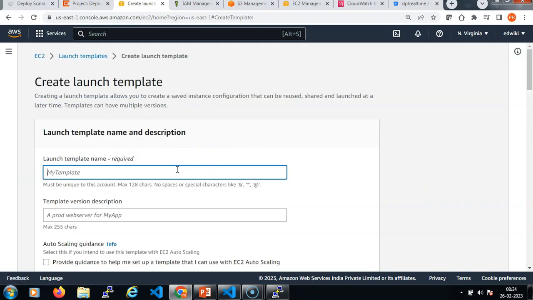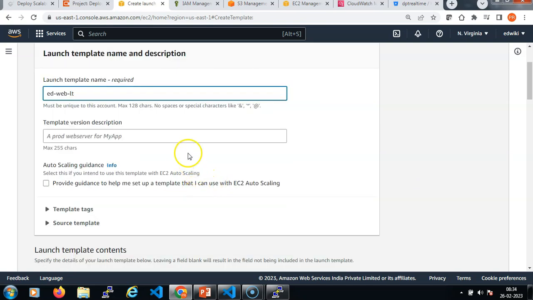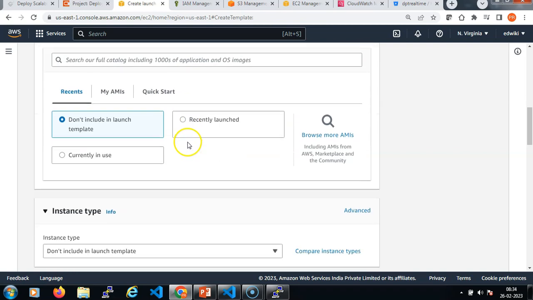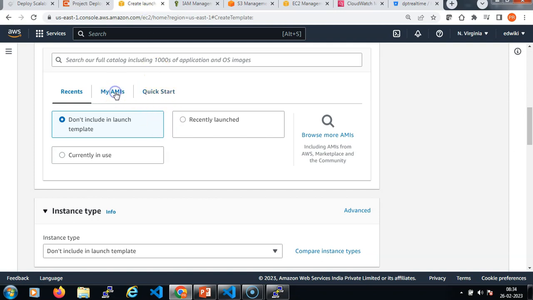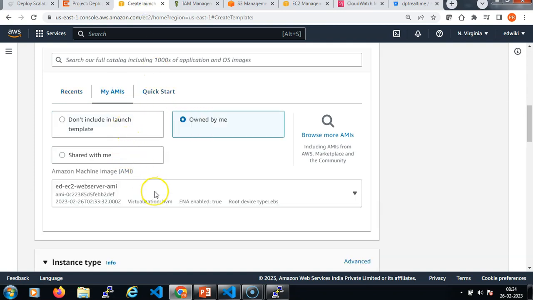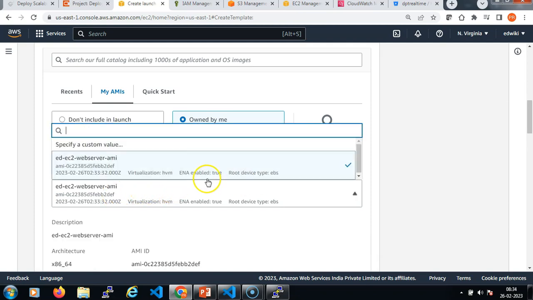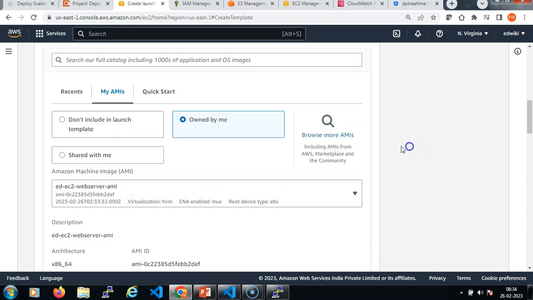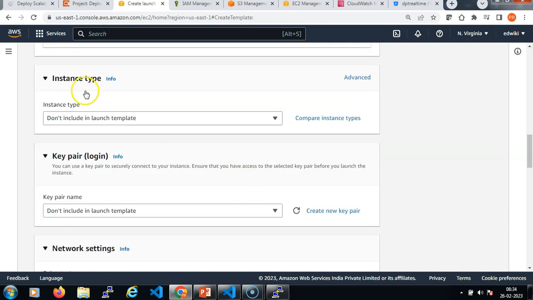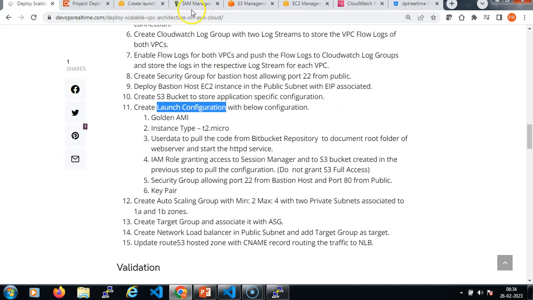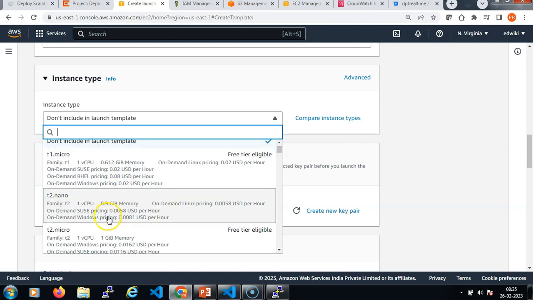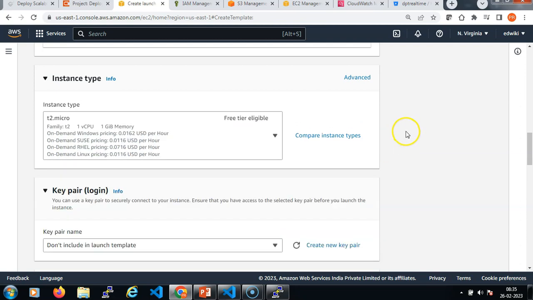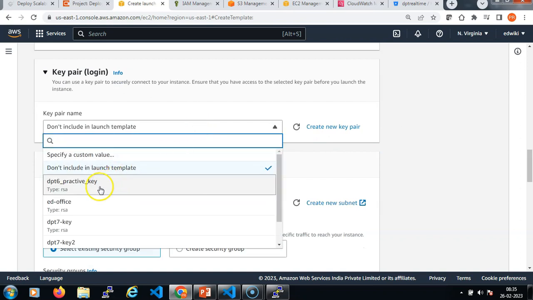right? So let's say this is ED web launch template, right? So now let me specify the details. I need to specify the golden AMI from my AMI list, which was created some time back, right? Scroll down. Now the instance type is t2.micro. Let me choose the instance type as t2.micro as per the documentation. Let me choose the key pair name,